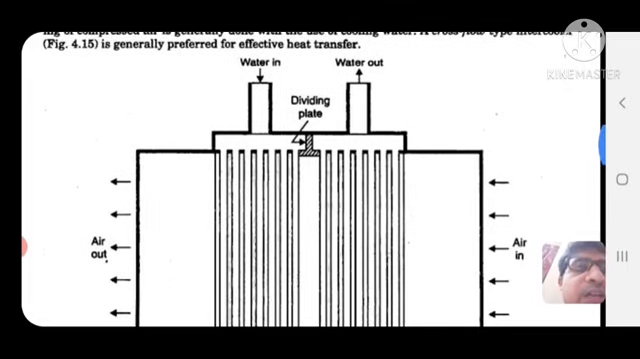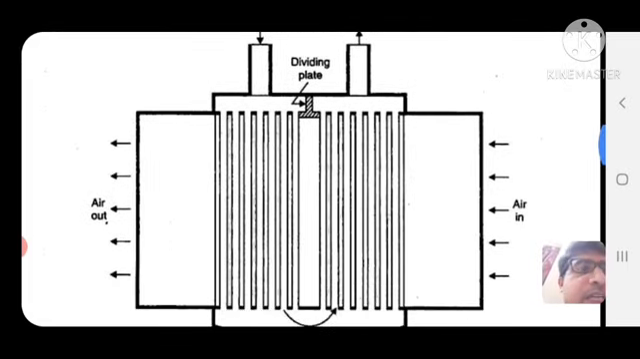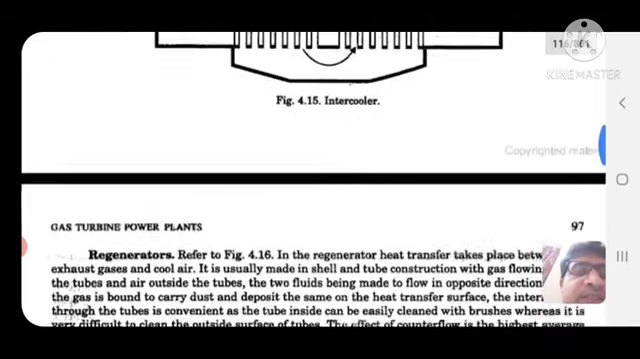Water in, water out. Dividing plate, air out, air in. Okay, this is the intercooler, with the dividing plate. Another one is